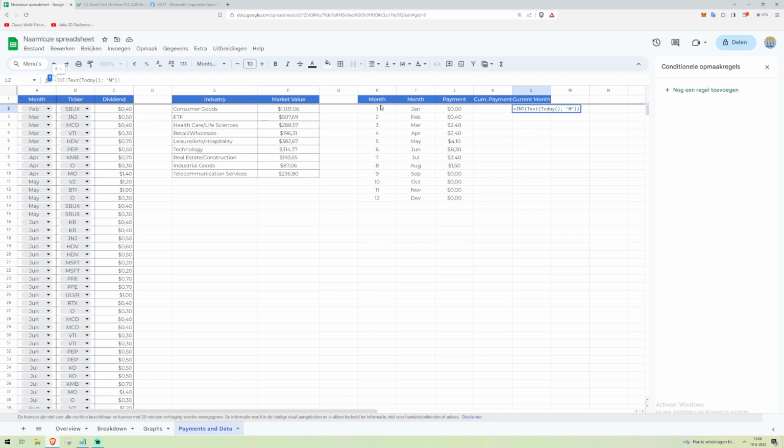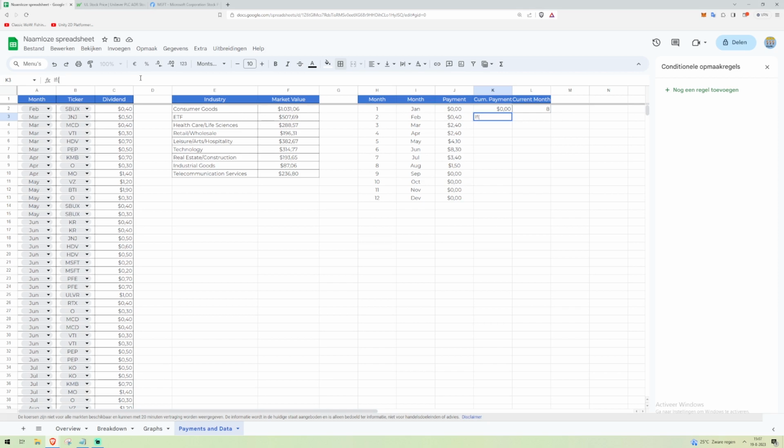We do that like that because we're going to compare it to this one. And to do that comparison, it has to be an integer. It has to be a number. The thing is, we get a string, a text format out of this. So that's why we do it like that. Let's just do the edge around this already. And now what we can do is cumulative payment for January. Obviously, it's just going to be what you earn in January. Now take that. And then what we're going to have to do is if, so now we're on the February row,